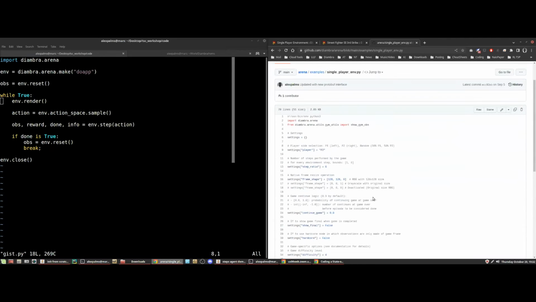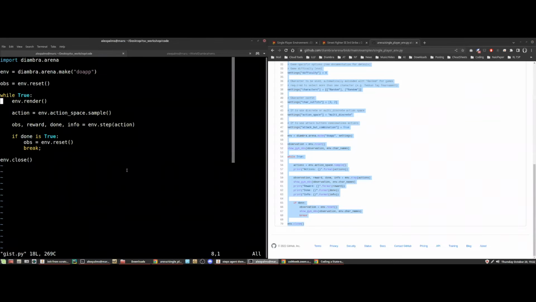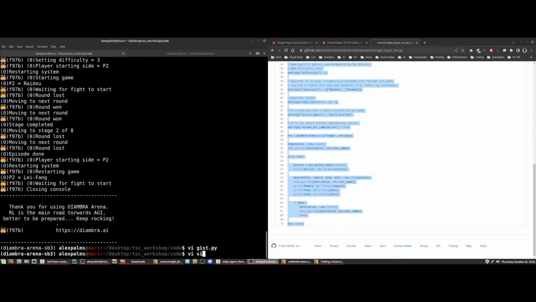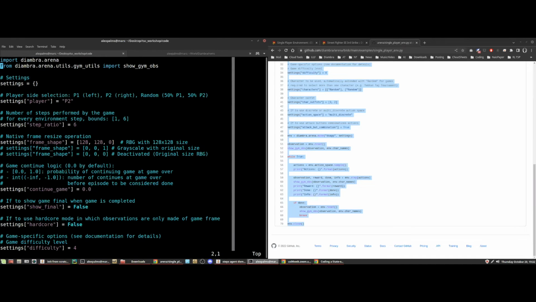Now let me just copy and paste it and we can go through it very quickly. I can just download it, but single player, let me just copy and paste it. Okay, so let's go through it line by line. As you can see, first we import the DIAMBRA arena, and then from the DIAMBRA arena utils, we import the so-called show gym observation. Now, this is a functionality that we will use to print out the observations we are